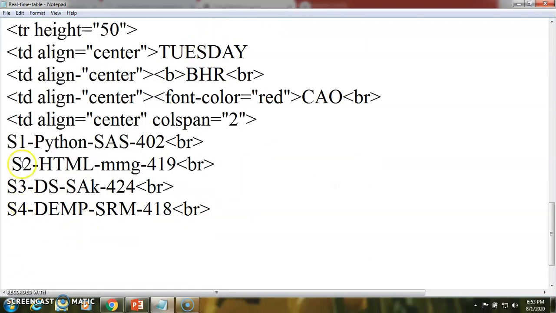Here some changes we may require. For example, I will make some modification.